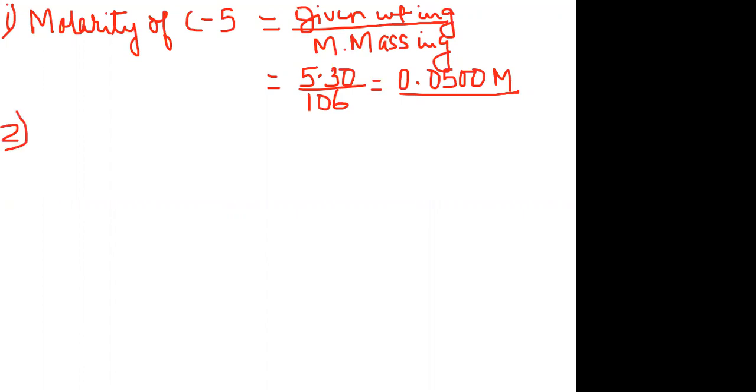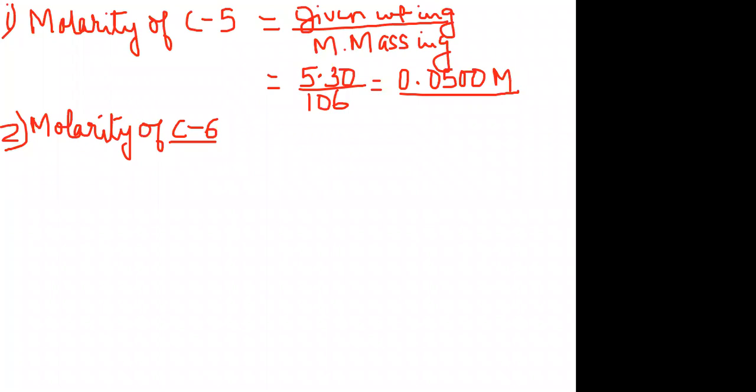The question number 2 is to find out the molarity of hydrochloric acid, that is, the molarity of C6 solution, that is HCl. Now to find it, we cannot use the formula that we used in the first question. The reason being that in the first one, the weight in grams was given, but we do not know the weight in grams of HCl. So we will be using the molarity equation.